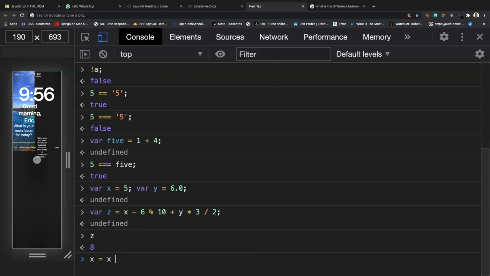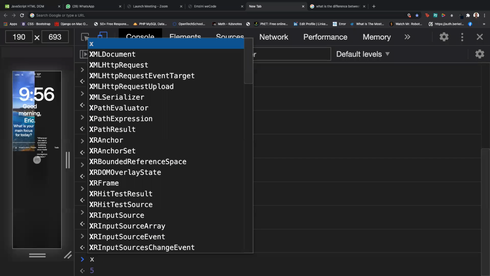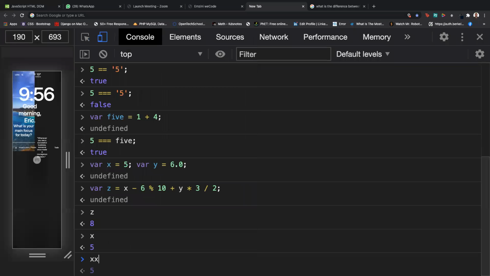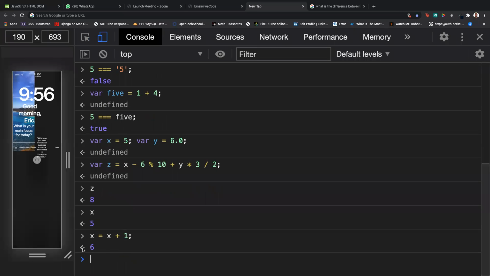For example, you can say x is equal to x plus 1. Let's first check what the value of x was. So x was 5. So when I say x is equal to x plus 1, this is the question which Arnold was asking, can you update a variable? So yes, we can update. I'm adding 1 to the current value of x. So you can update it and get something like 6. And we also know that you can also